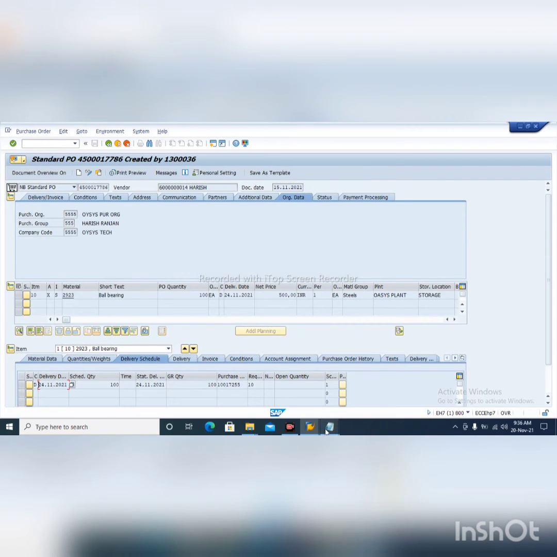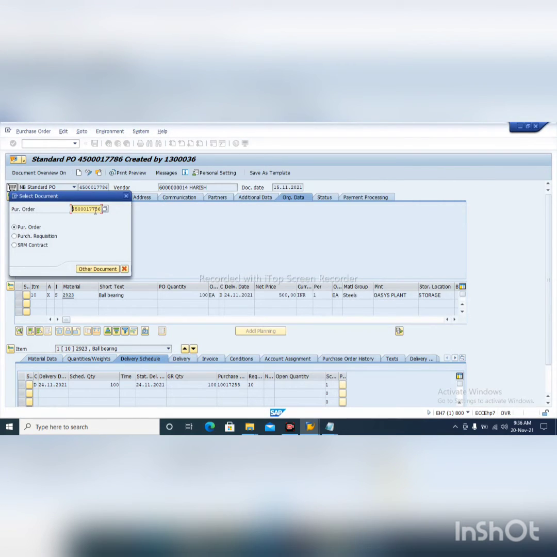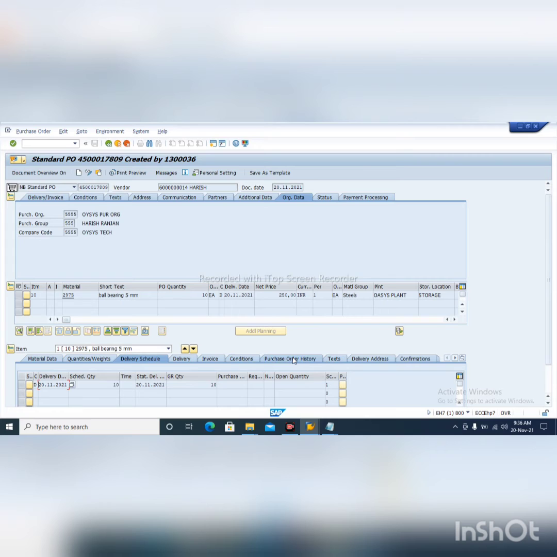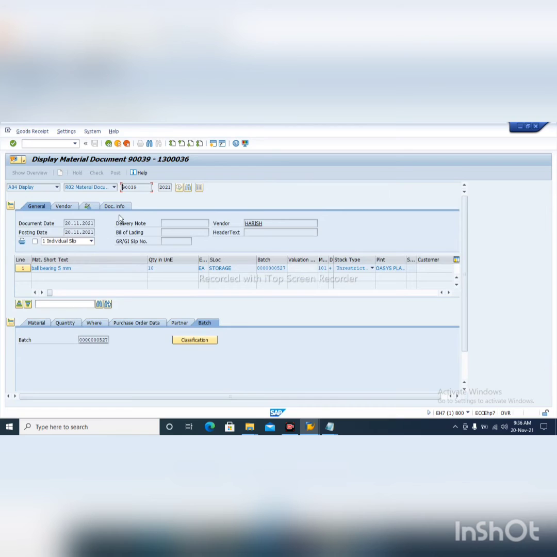Okay, then copy your PO first, then click on other purchase order, paste your PO here and enter, and go to the purchase order history. Here you already did goods receipt. Click on material document, double click on it, and after that click on document info. Then click on FI document.